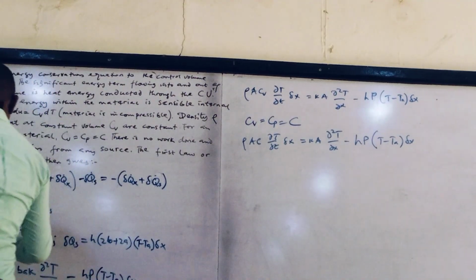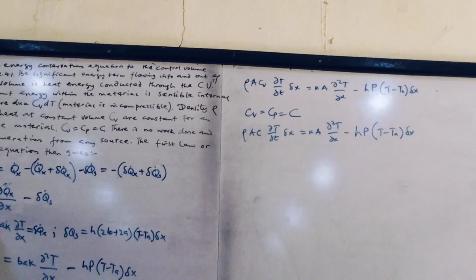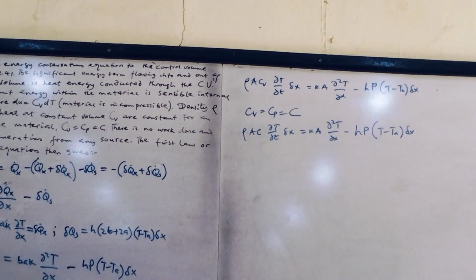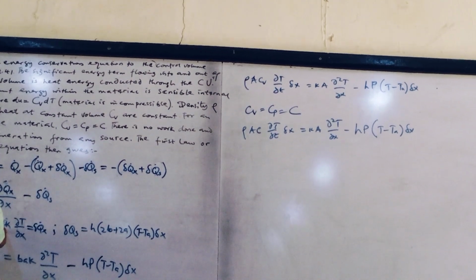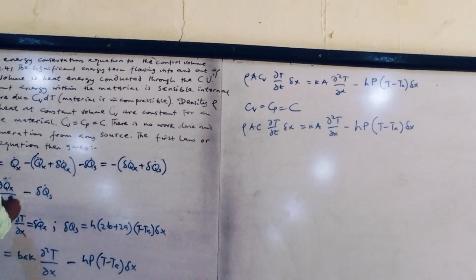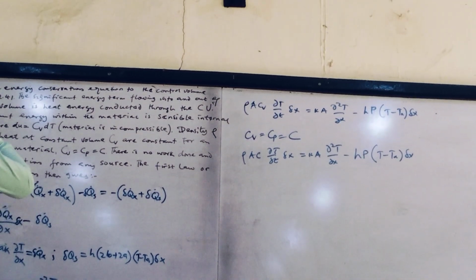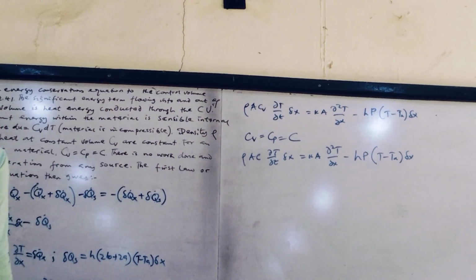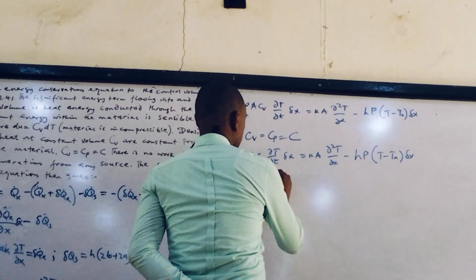Here, dx, dAK. I think we have the x is there. If the x is there, then because we have the x here, so dividing by the x, we have rho A C dT